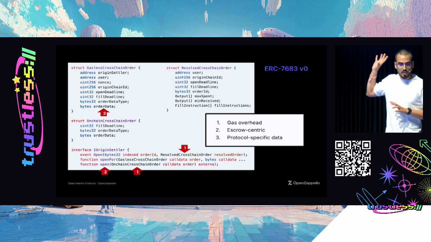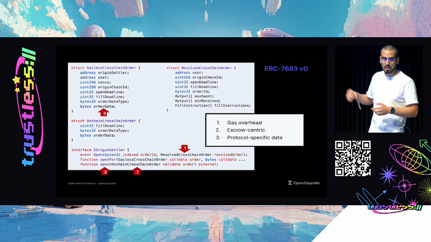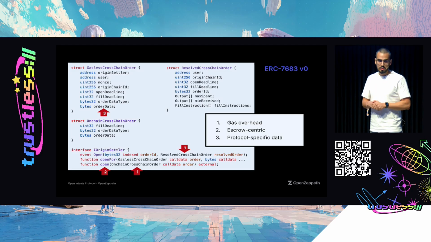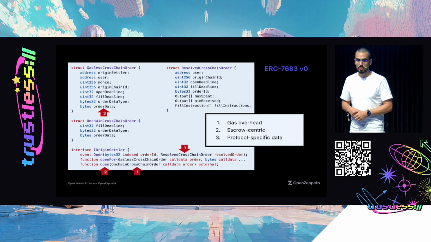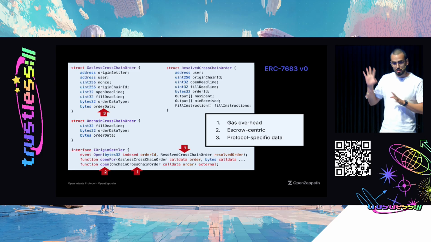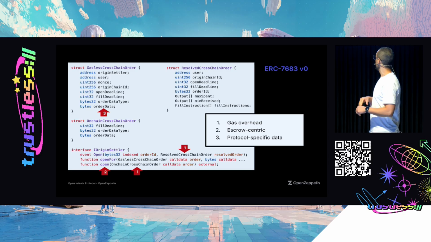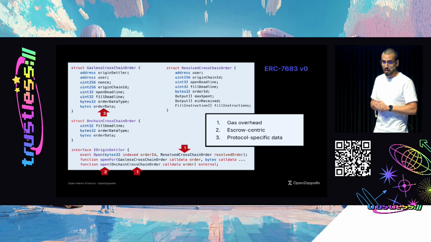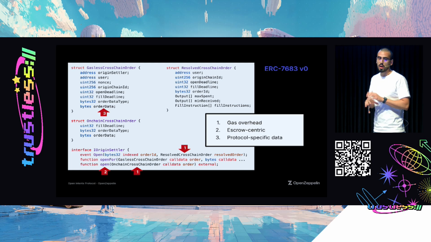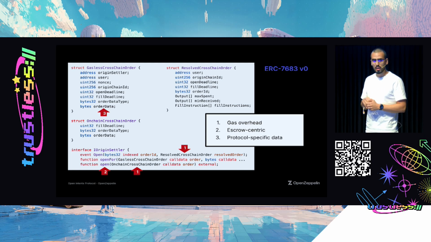So this is a part of the ERC. It defines some structs to encode orders. It defines functions to initiate intents on chain. And there's a few more things that are on the screen right now. And these three main problems that the ERC had that implementers discovered were, first,